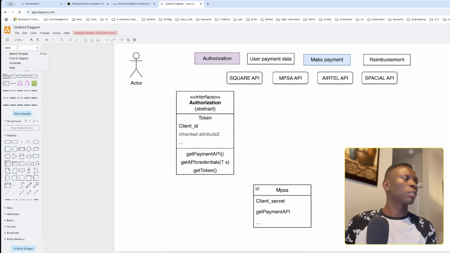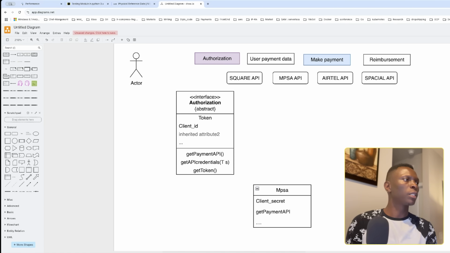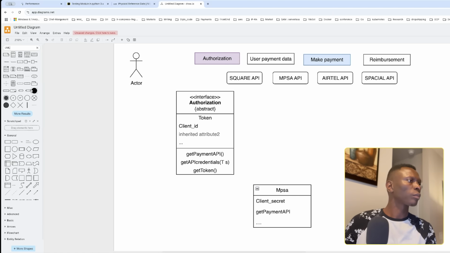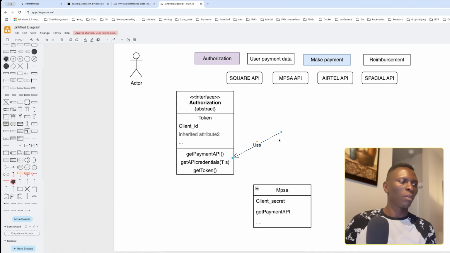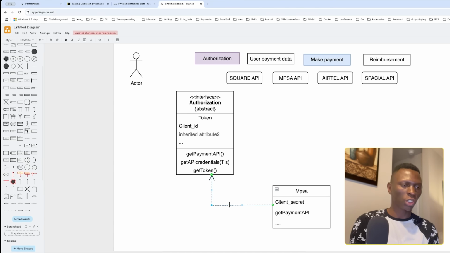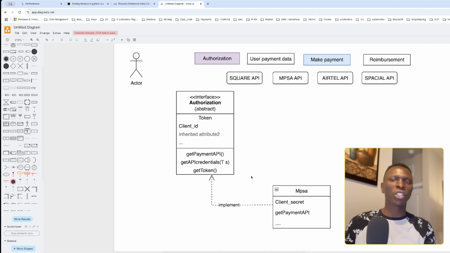Let's create a dependency connection. So the dependency connection, so this class. My drawing doesn't have to be perfect. You understand what I mean? This class will implement the authorization, and first you can